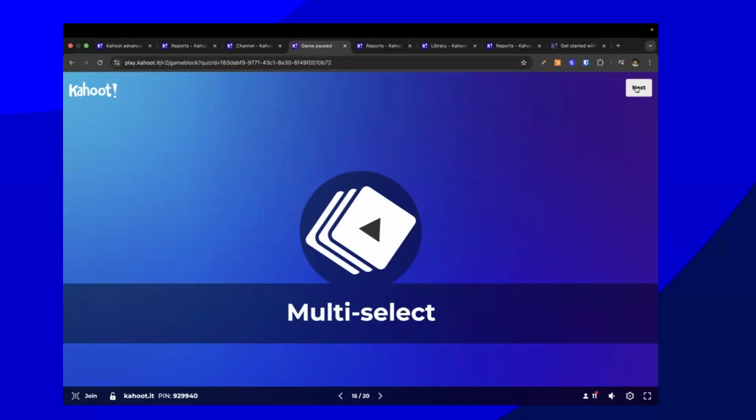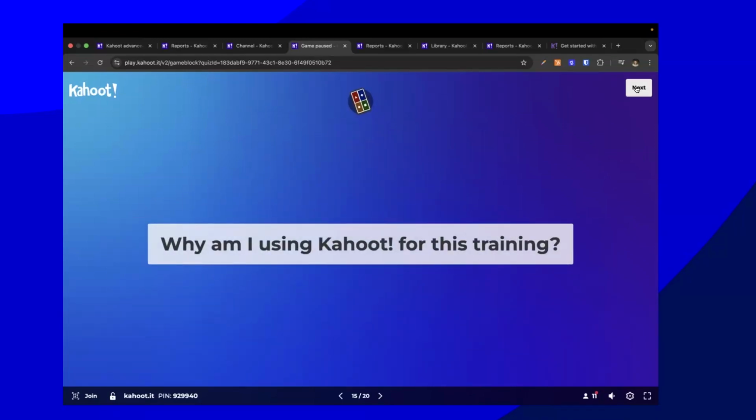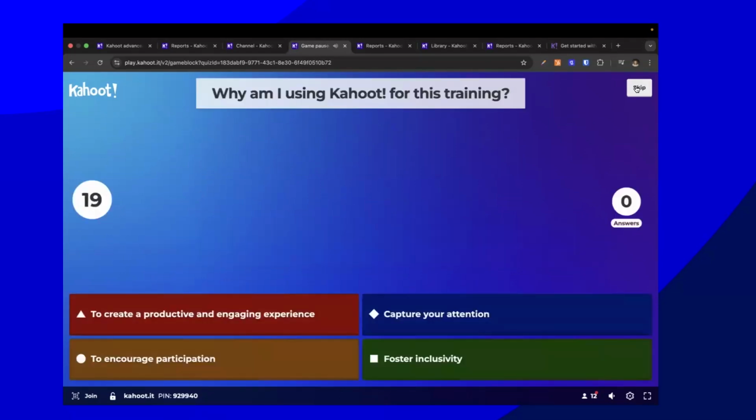So quiz question, multi-select. This is single points. There will be a double points one coming up soon. So maybe just check the leaderboard after this one. So why am I using Kahoot for this training in particular? I'm using presenter mode, if that's reminding. So is it to create a productive and engaging experience, capture your attention, encourage participation, foster inclusivity?